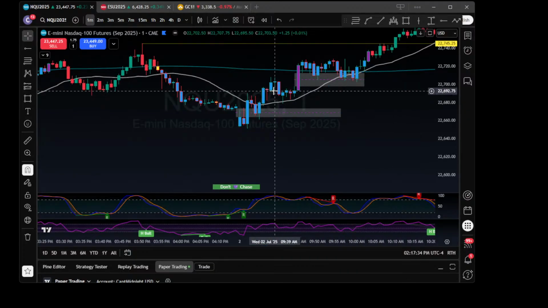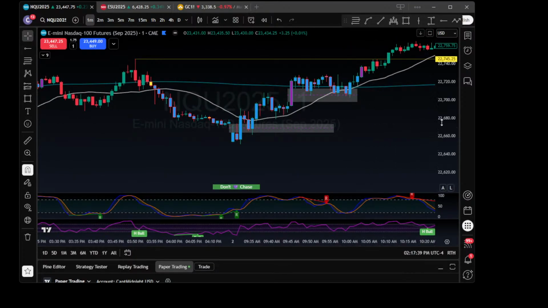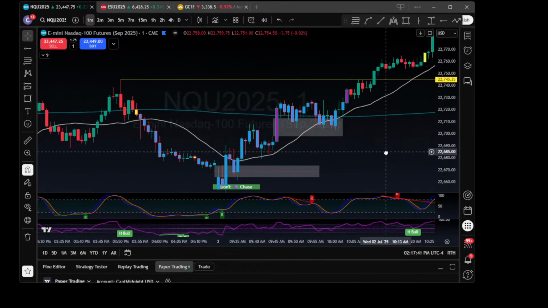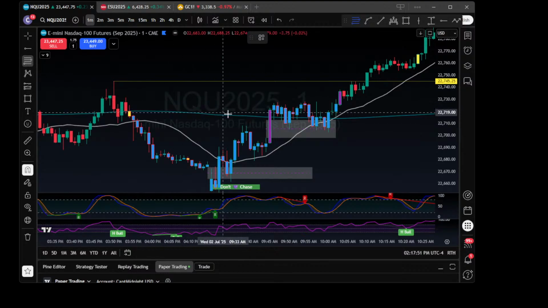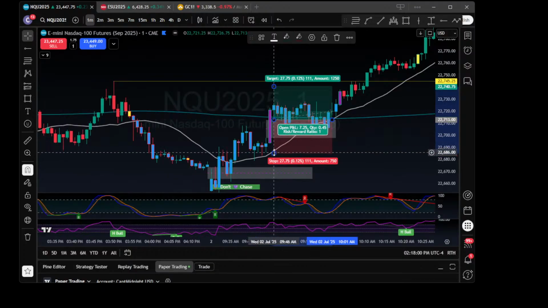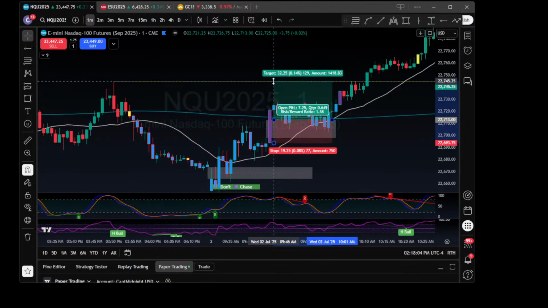Might be a tiny one there. Do you trust that one though? I want to say no, there wasn't really a good trade for this one. There are definitely trades though. You can play off this fair value gap here. I always do that. I'm going to get in right at the fair value gap below. What are you aiming for here, maybe?